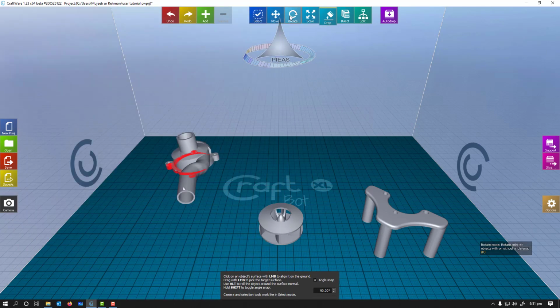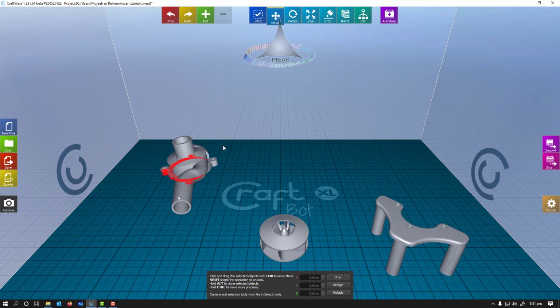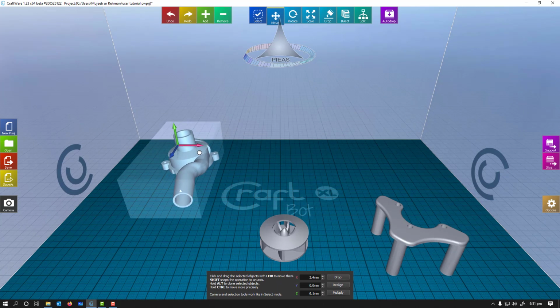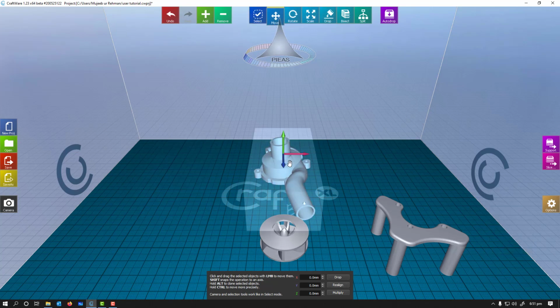As you can see here, I have to realign. You can see here the base of this part,